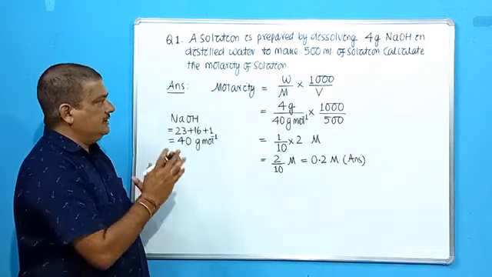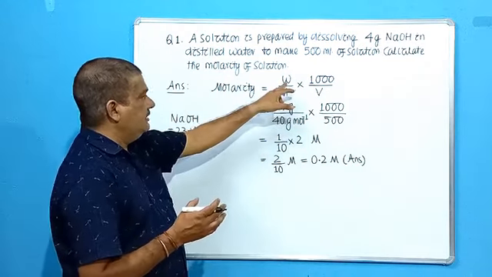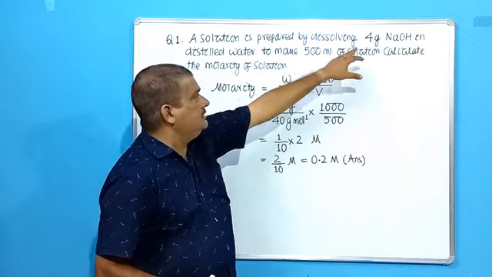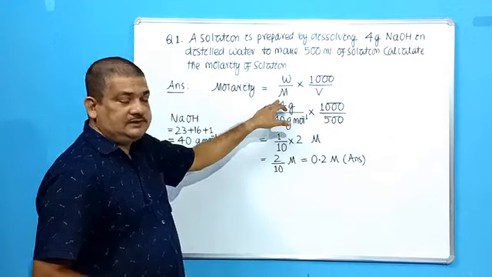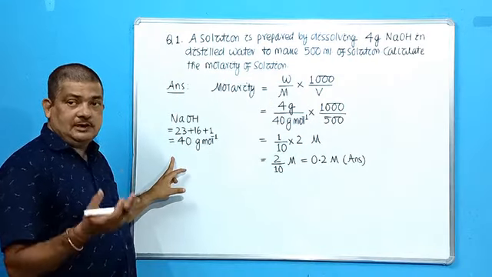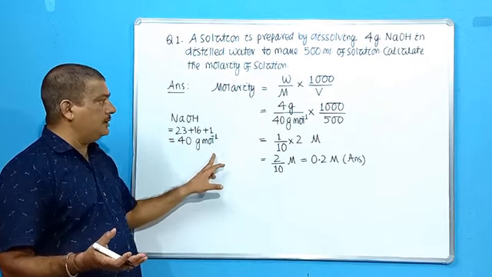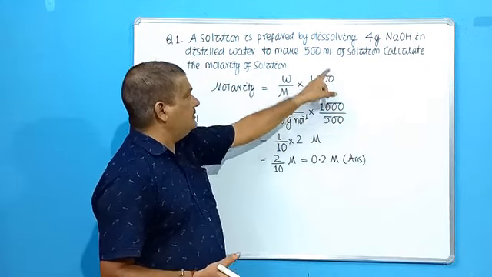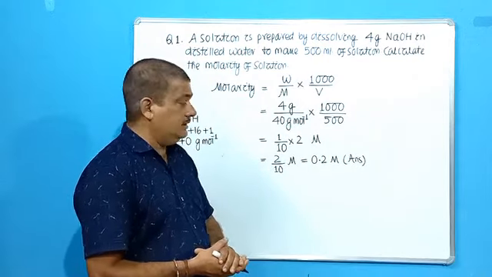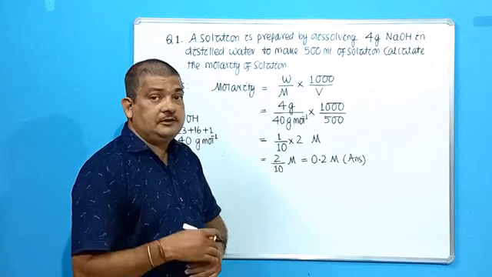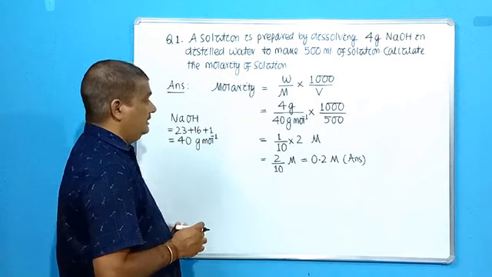It is quite easy. So simply you have to remember the formula and the symbols used here. That is W is the mass of the solute in grams, given here 4 gram. Then M is the molar mass of the solute. You can calculate it. What is molar mass? Molecular mass. Then convert it into grams. It will be gram per mole. Then volume of the solution will be given to you. So 1000 by volume of the solution in milliliter. Okay. So if the volume is given in liter, you have to convert them into milliliter. That is the key.